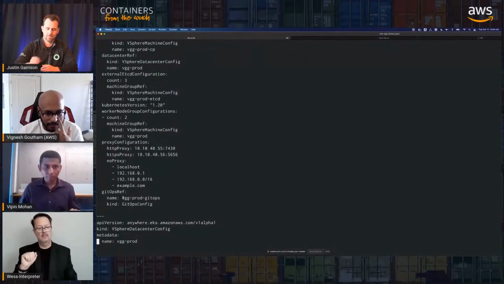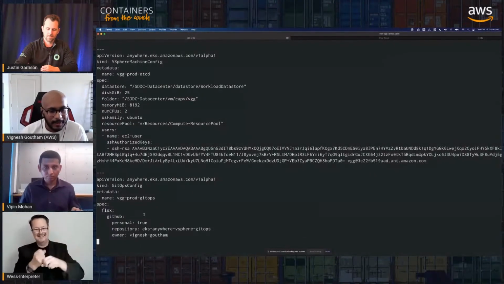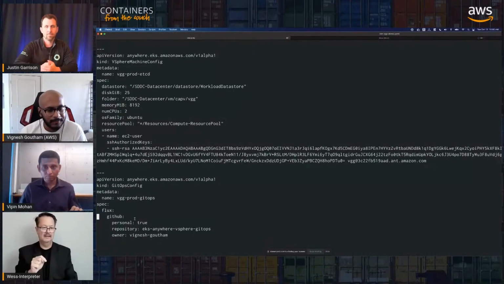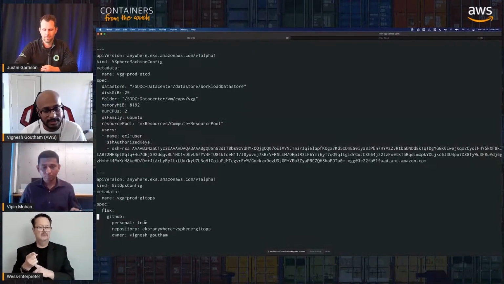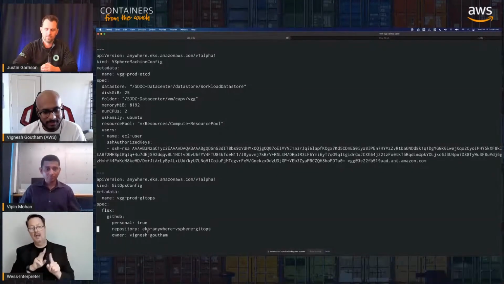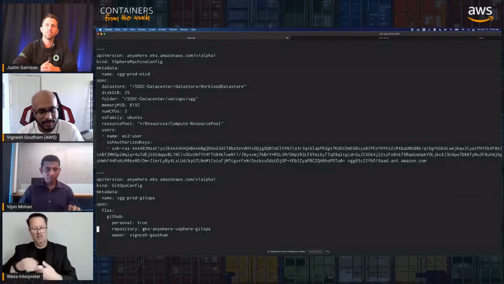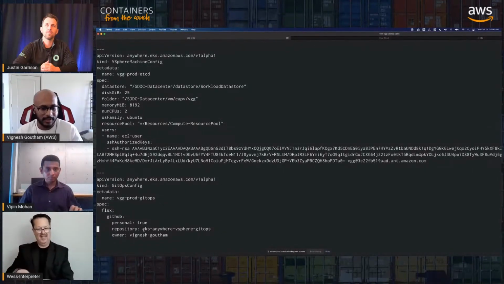GitOps ref, we can scroll all the way down and take a look at the GitOps configuration. Today for GitOps, we only support GitHub at the moment. We can specify both a personal repository as well as an organizational repository over here. We give it the name of the repository and the owner of the repository, so this is basically a GitHub ID. If the repository doesn't exist, EKS-A would create one for you and check in all the configuration for the cluster, so that you can use it at a later